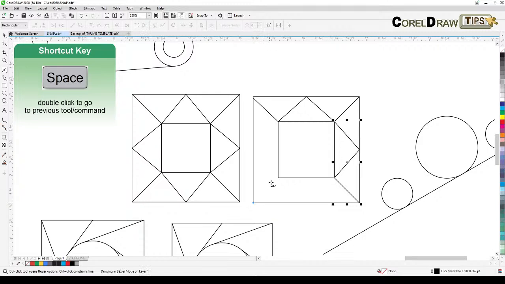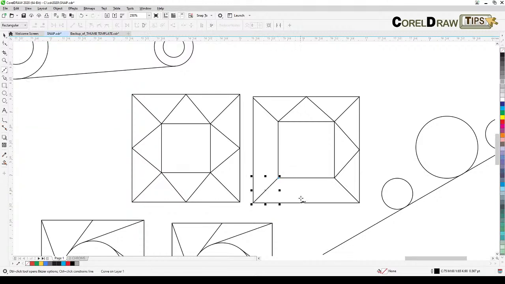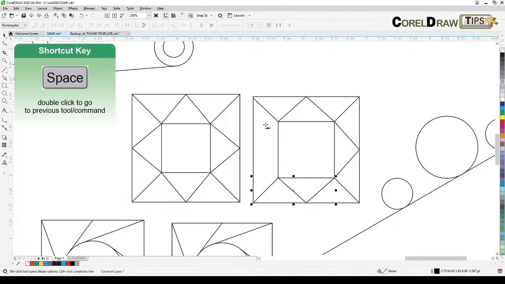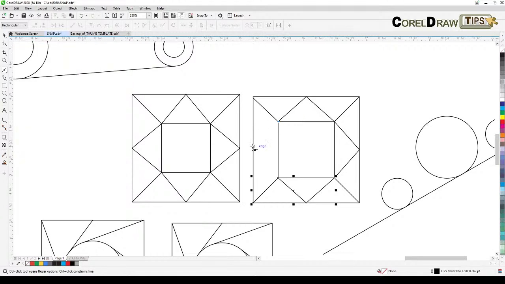We'll start here, node, midpoint, and then node again, and then double click again for here, and then we go midpoint, and then the last one would be node. Okay,